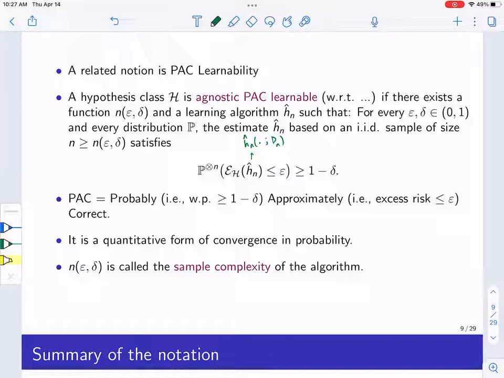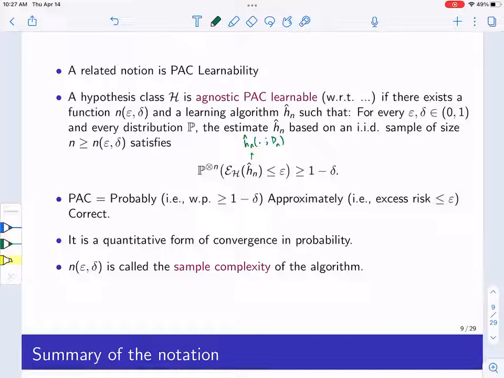The reason why it's called PAC is that it stands for probably approximately correct. Probably means we let the slack be there, so probably correct: there's a probability that it's not correct. Approximately means this is not going to be 0, just up to epsilon. And